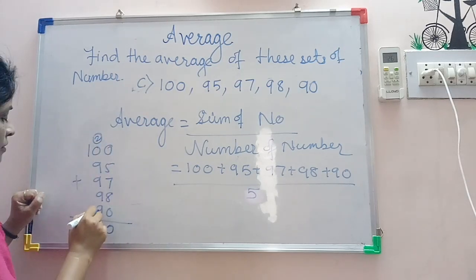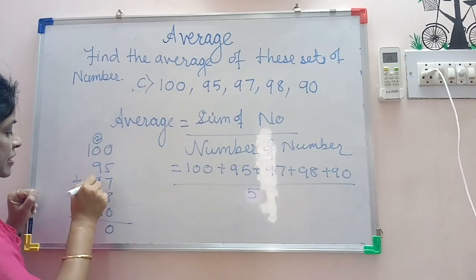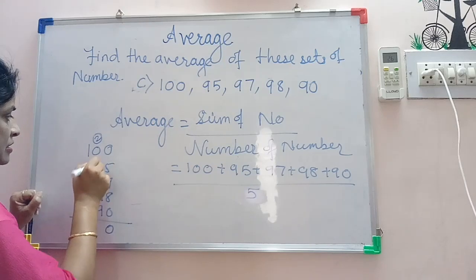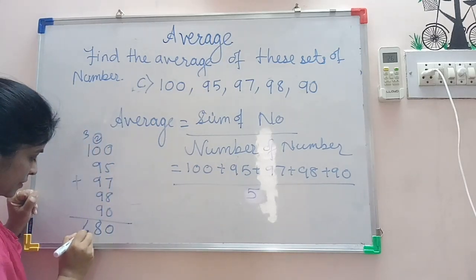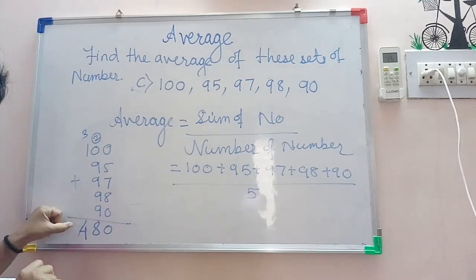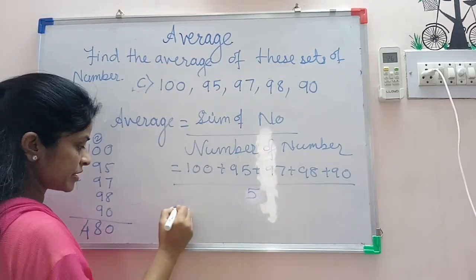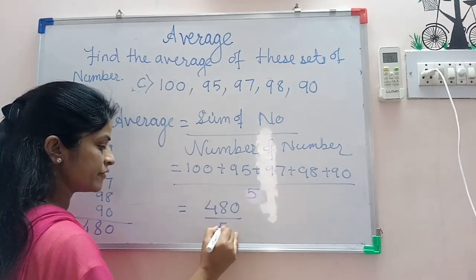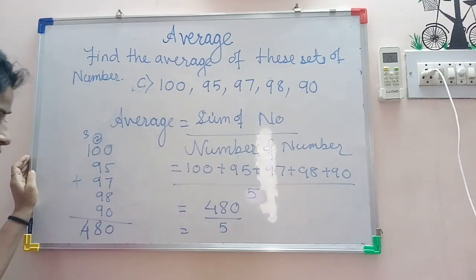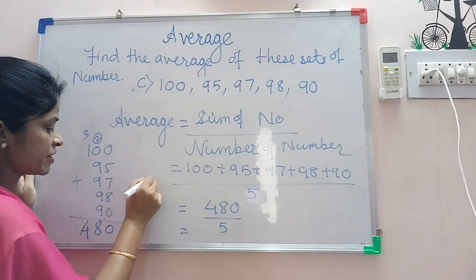2 carry. 9 plus 9 is 18, plus 9 is 27, plus 9 is 36, 36 plus 2 is 38, 3 carry, 3 plus 1 is 4. Now the sum of the number is 480 divided by 5. Now 480 divided by 5,